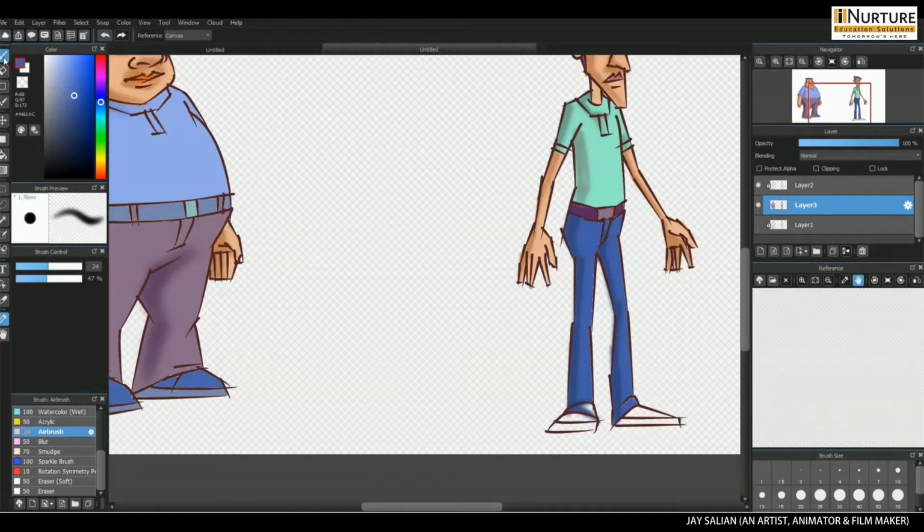I am explaining how to draw a fat character and a thin character. Fat characters, because they are fat, look small, and thin characters look like they have height.